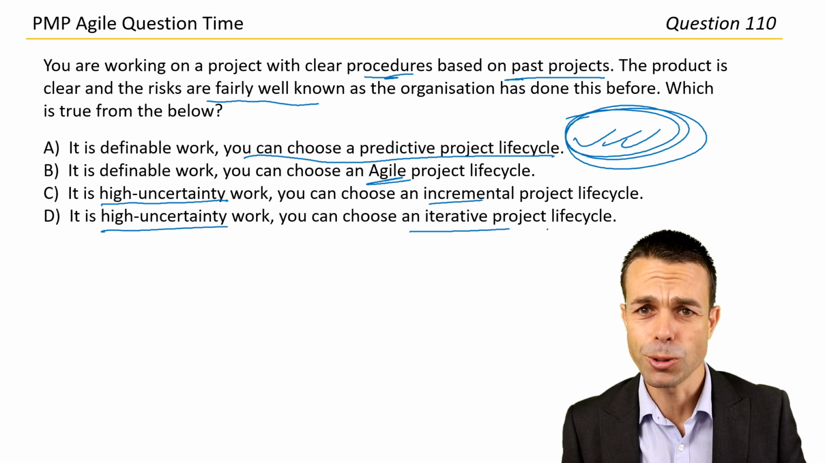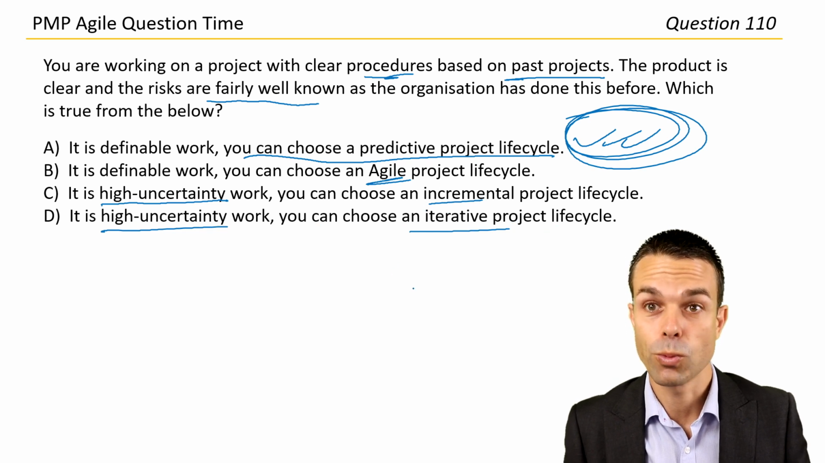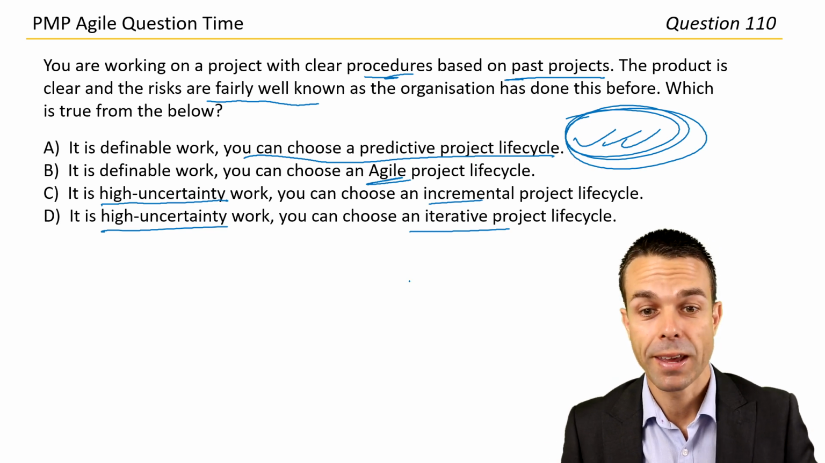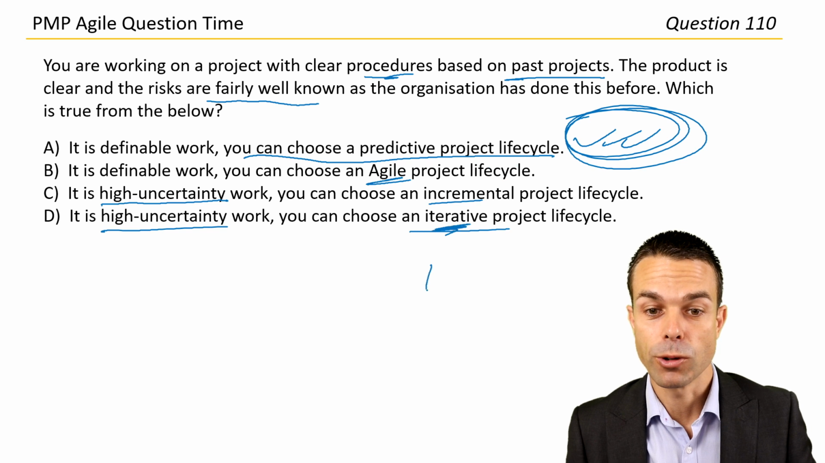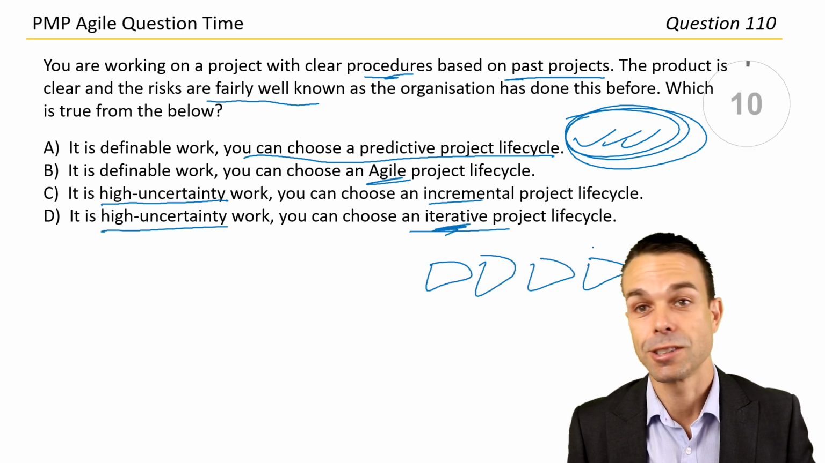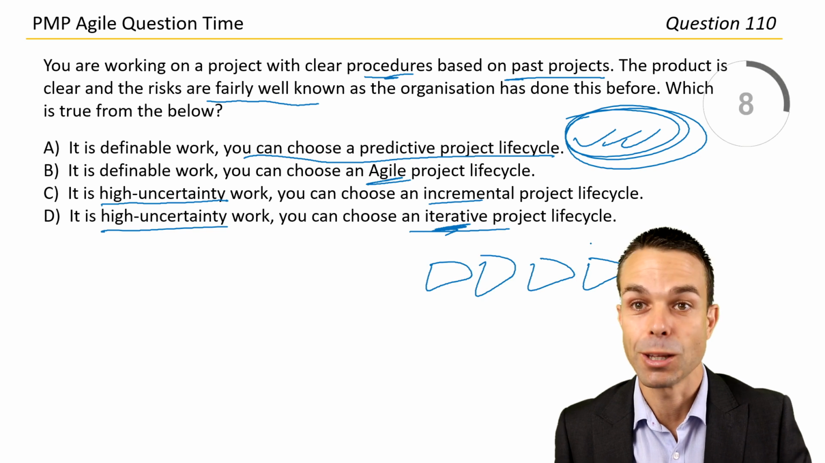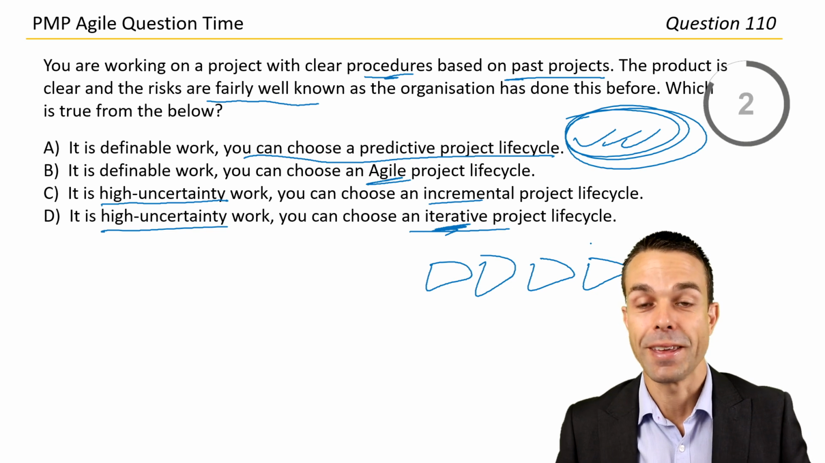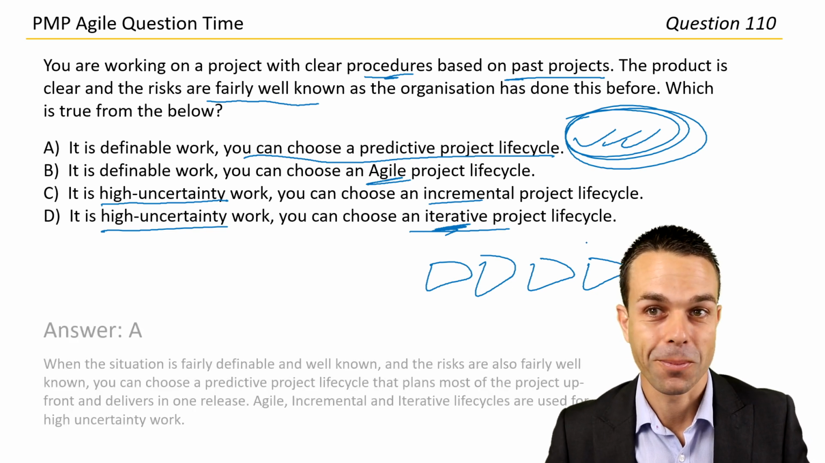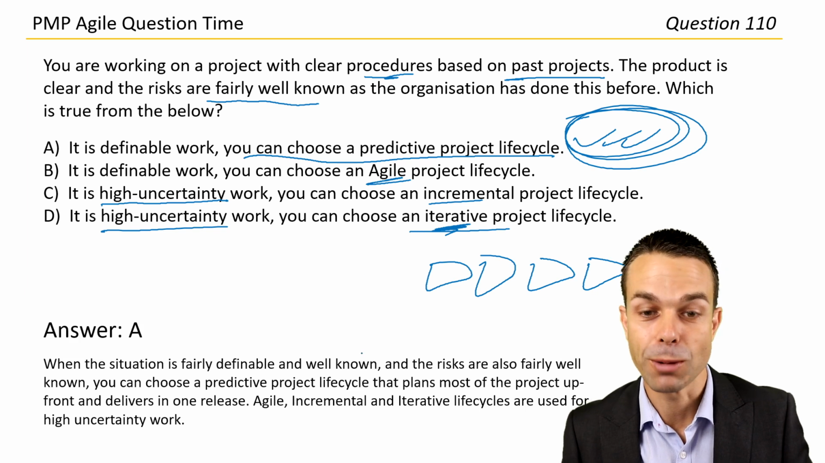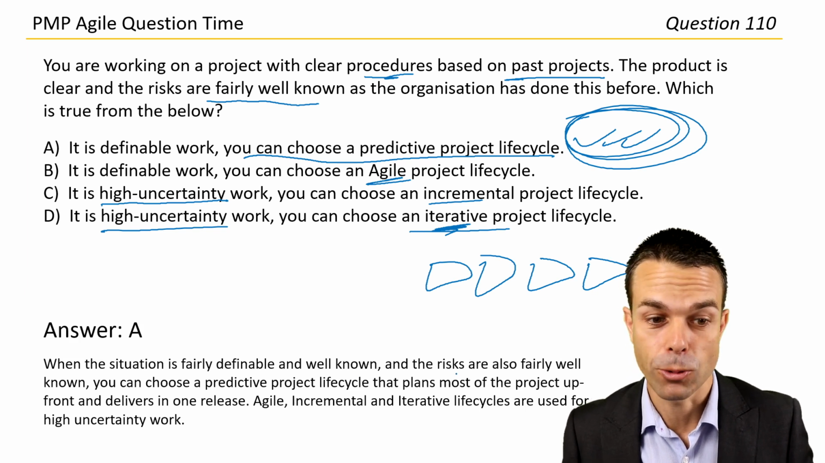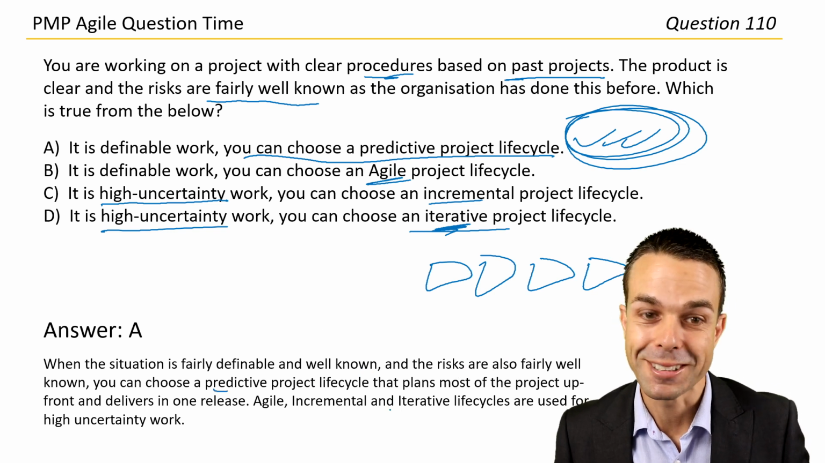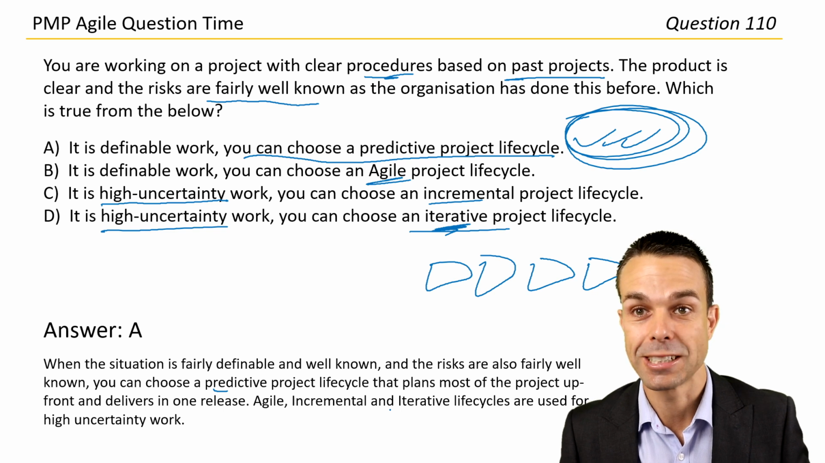Yes, potentially true. With incremental, we put all of that feedback back into the product and we have one release. And with an iterative project lifecycle, we release in features, just exactly as that large-scale Scrum was saying, the potentially shippable product once every iteration if we can help it. All of that to say, the answer I think we're going for is answer A here. And when the situation is fairly definable and well known, and the risks are also fairly well known, you can choose a predictive project lifecycle that plans most of the project upfront and in one single release, because there's lower